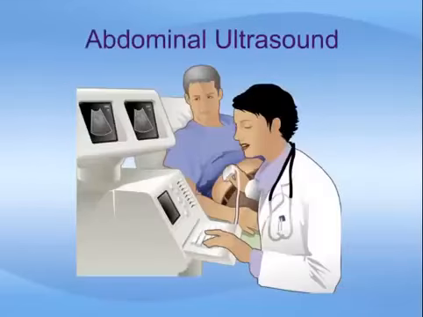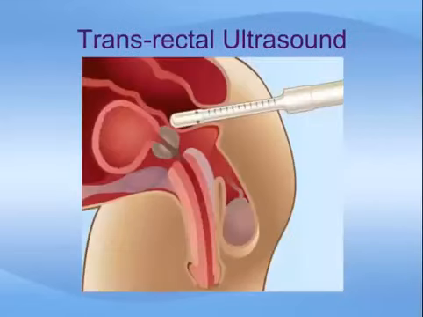Sometimes helpful in the workup of prostatitis is an ultrasound, which uses high-frequency sound waves to produce images of the inside of one's body. For an abdominal ultrasound, a handheld device called a transducer is moved across your abdomen to show a picture of its contents. In particular, your kidneys and bladder are evaluated closely, including how well you empty your bladder after you urinate.